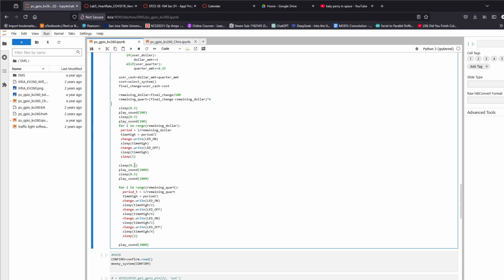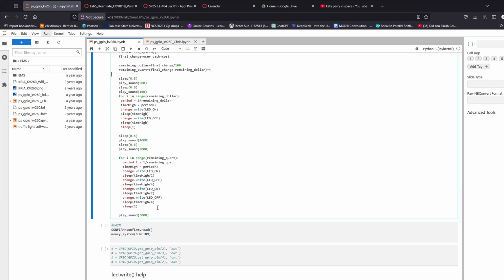We would send a sound again with these two different frequencies that say, hey, we're going to give some quarters now, right? And then we basically have a faster pulse here because these times are just cut in half essentially to signify a faster pulse, right? So that is what we're doing here, and that would be signifying the remaining quarters that would be taken into account as our change,